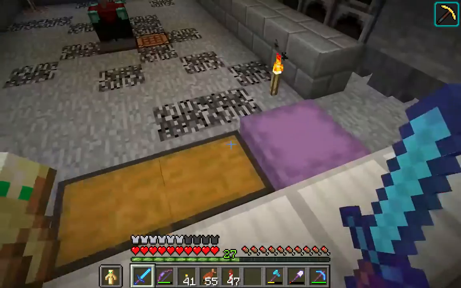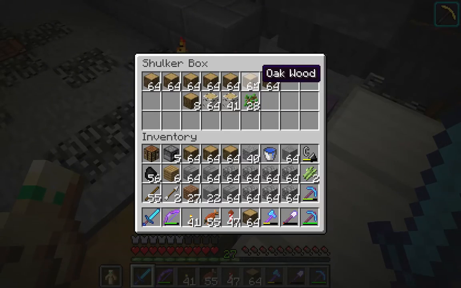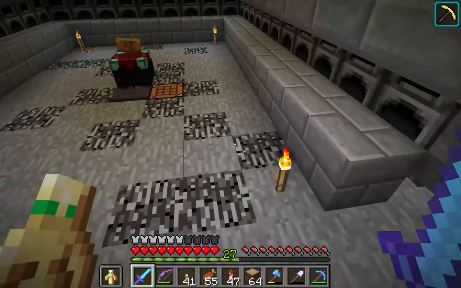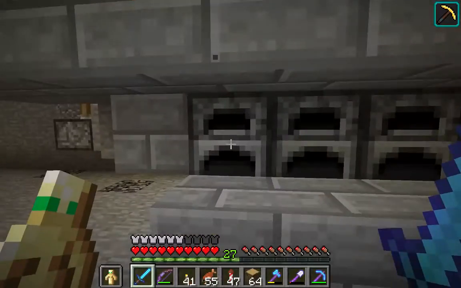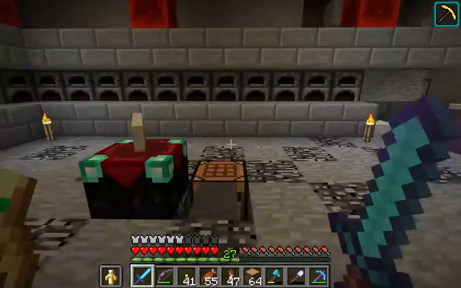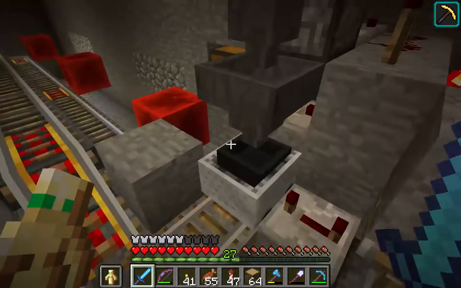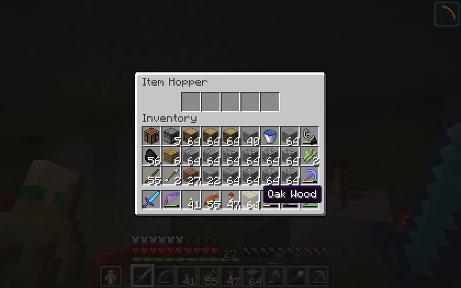Alright, so I went out into the forest area and collected up a bunch of wood. It wasn't quite a full shulker box, but I think it's going to be enough for this initial demonstration. So the fuel cart has been around a couple of times and put coal in a bunch of these furnaces. And so we are going to load up the